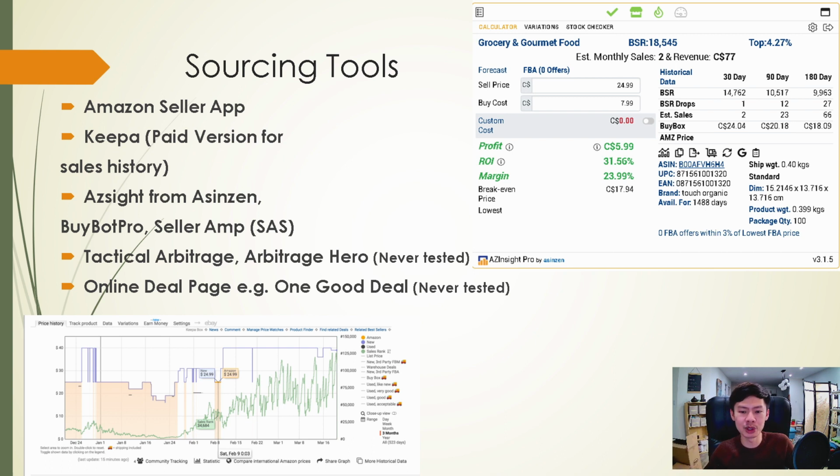There's also online sourcing software. One of the most popular ones is Tactical Arbitrage. I personally don't like it, and the method I'm going to be teaching you is all manual sourcing, but still using the sourcing tools, not these bots that scrape, I don't know what they call it, like Tactical Arbitrage. But I'll show you why I don't really like it in the sourcing video first before we get